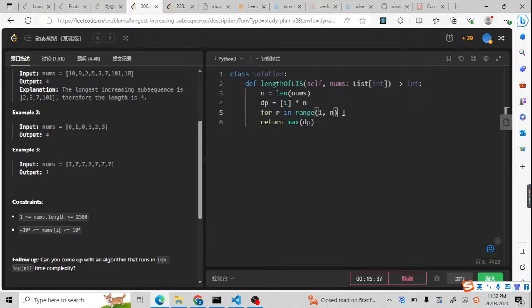And then we're gonna compare each number before it. So for here, it's gonna be for L. So L is the L pointer. It is always less than R. The left pointer always less than this right pointer. So for L in range R,